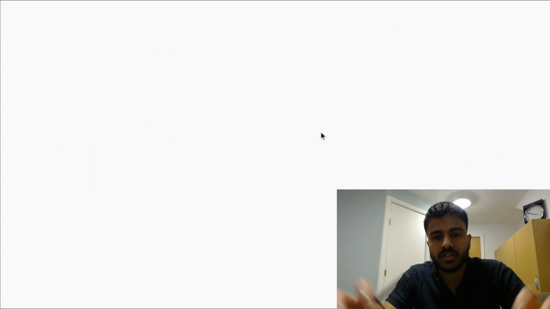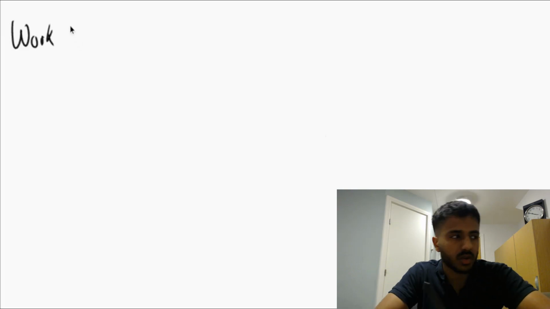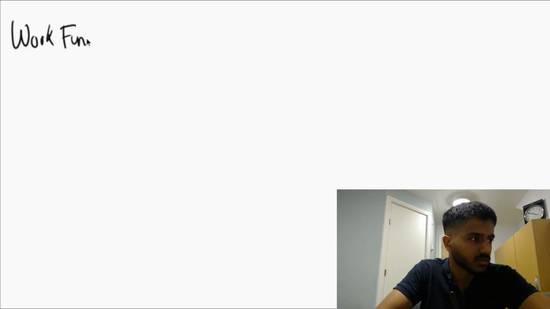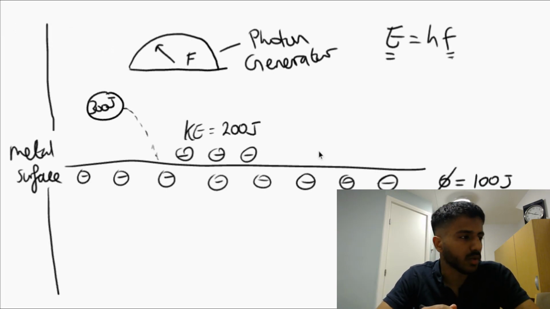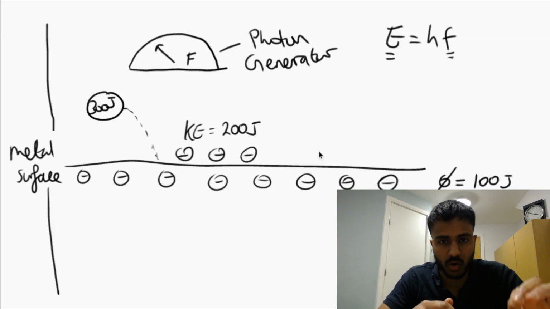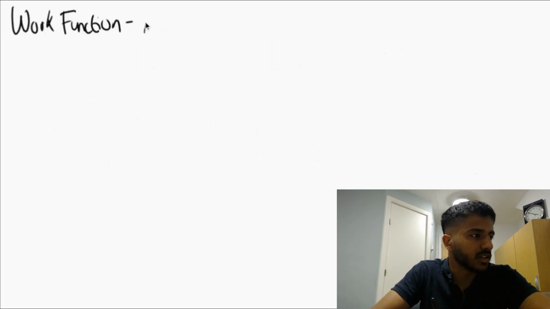Now there are a couple definitions that we need to go over. First is something called the work function. Now in this case, the work function of this metal is 100 joules. What it means is the energy of photons required so that the electrons get just released with 0 kinetic energy. In other words, it is the minimum